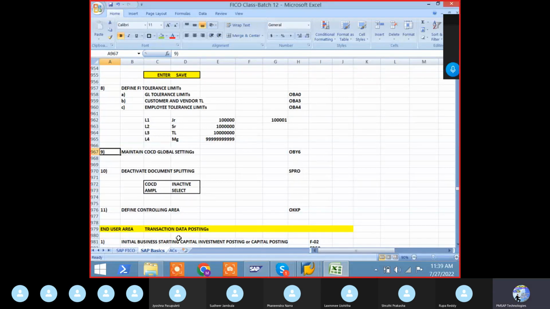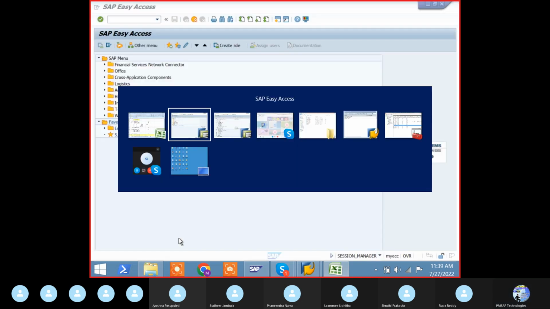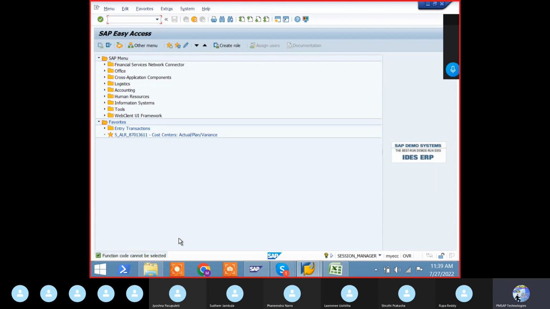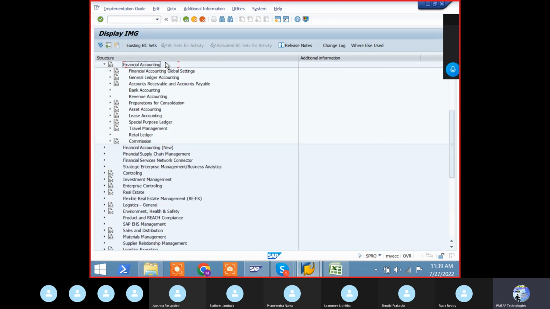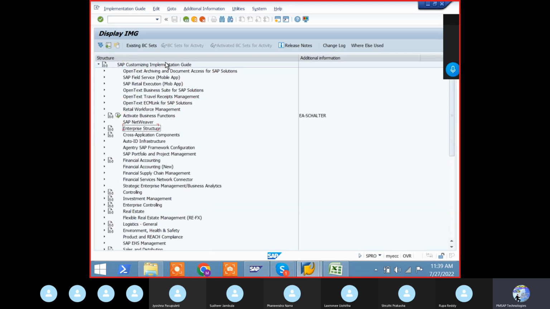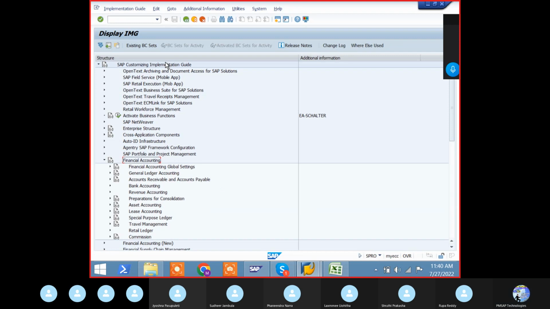Next one. Maintain company code global settings. The transaction code is OB/6. Please note down the path: SPRO, IMG, financial accounting,